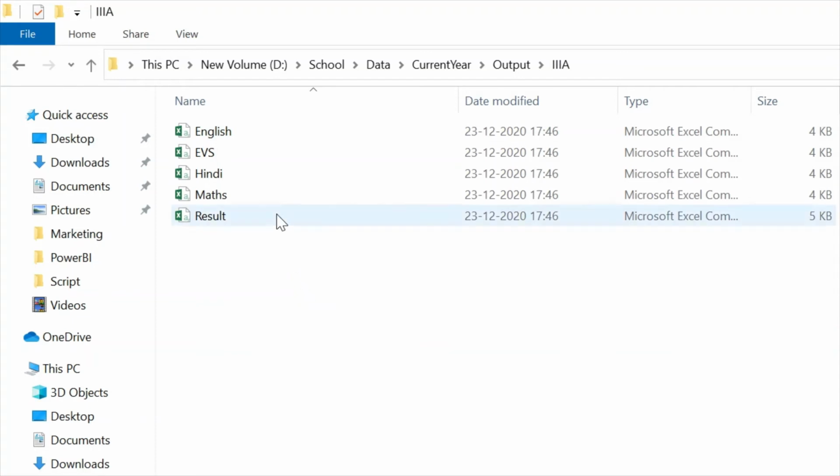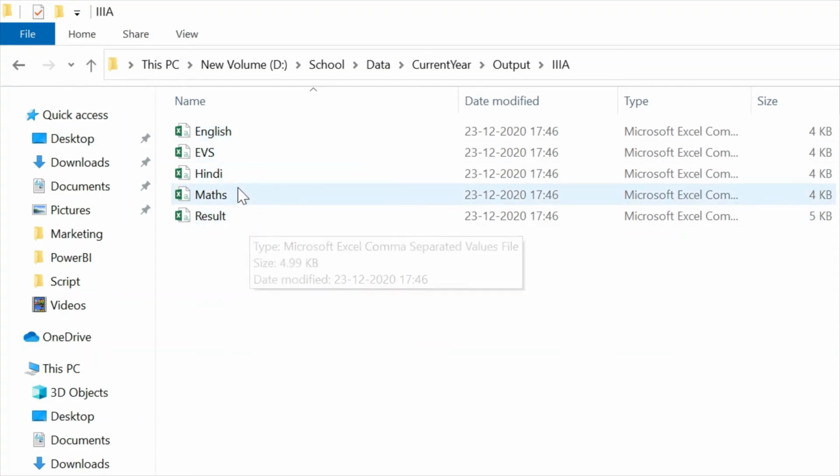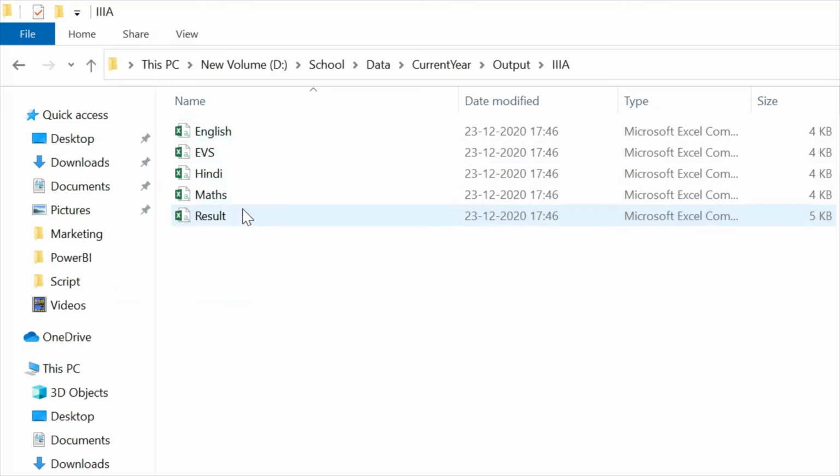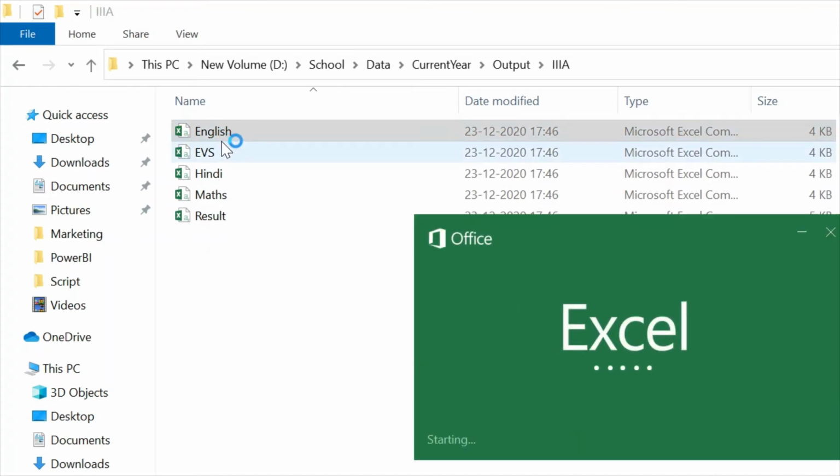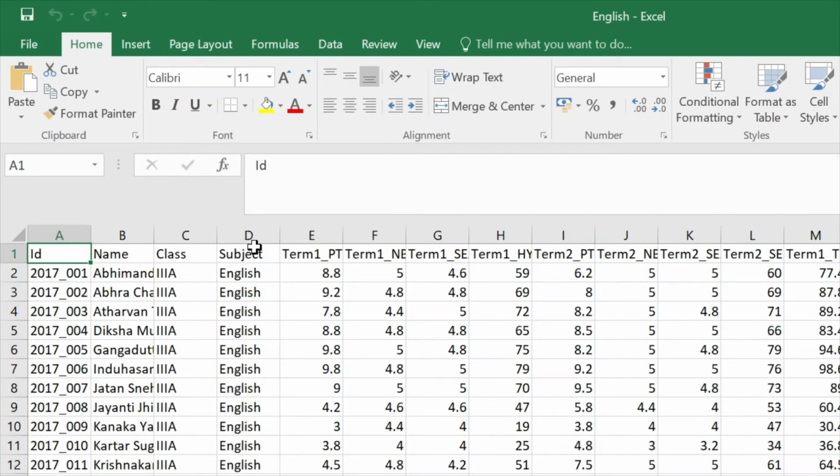It contains 5 files, 4 files, one for each subject, and 1 file for the result. When you open the English subject file, we can see the marks, for example, this is the subject English for the third A, and it contains the term 1 PT1.